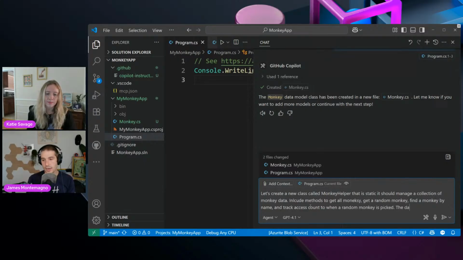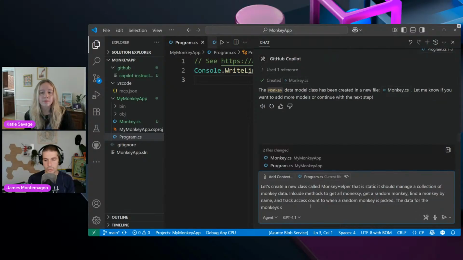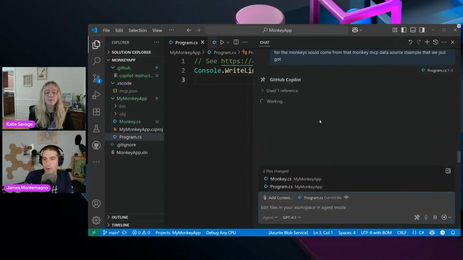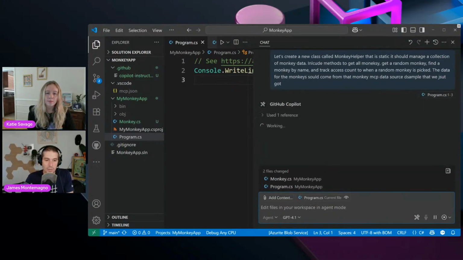And the data for the monkeys should come from the monkey MCP data source sample that we just got. All right, so now it's going to go off, and there's a prompt that you can copy and paste into GitHub Copilot in agent mode to go and do it. So hopefully we not only have our monkey, but we should have our monkey helper.